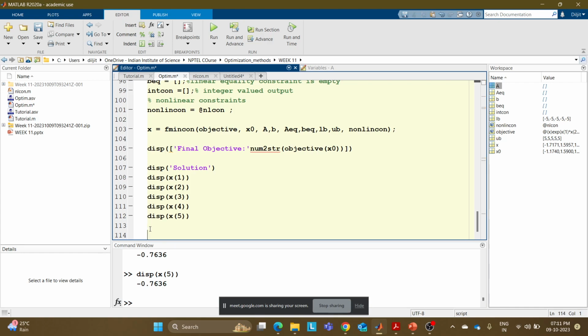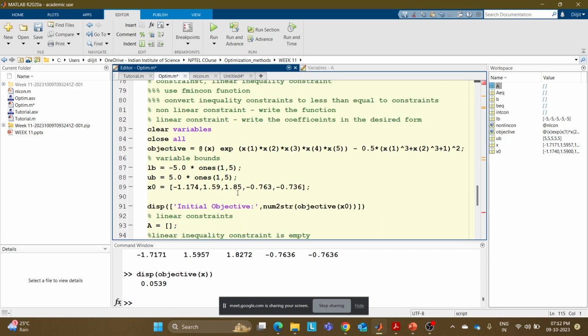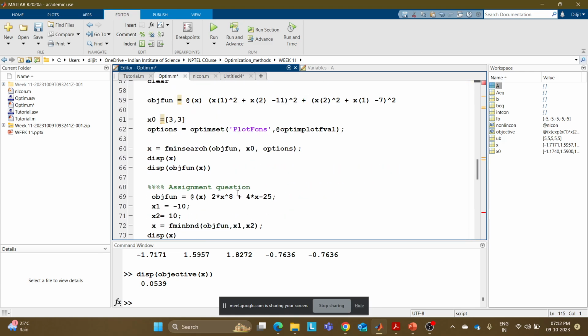So we got x, and now if we simply give display x, it will show the vector x. Now let us display the objective, the function value at the minimum. It is 0.0539. So this is the way you can solve this constrained optimization using this fmincon